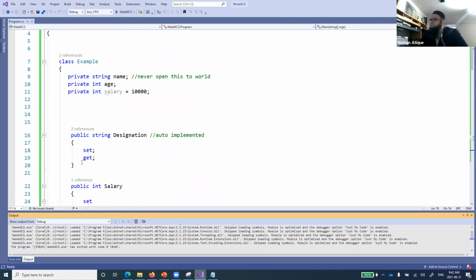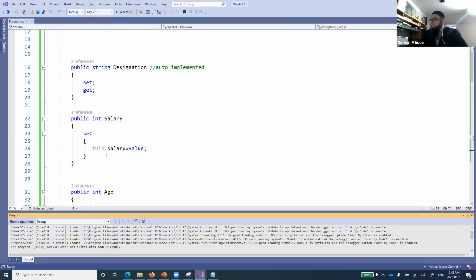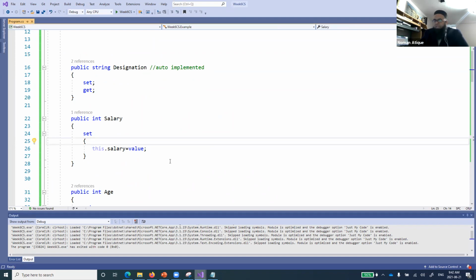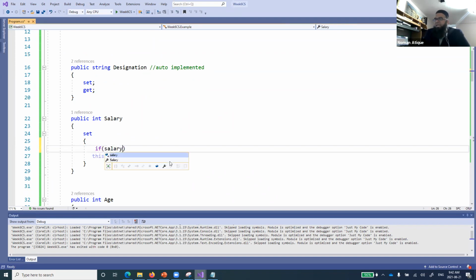So this is for all those properties which do not have any specific logic. What do I mean by specific logic? For example, you can set up a logic here, like if value is greater than 10,000, then set this dot salary to the value.